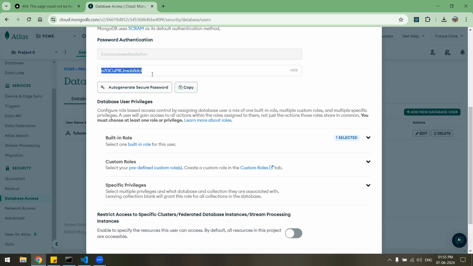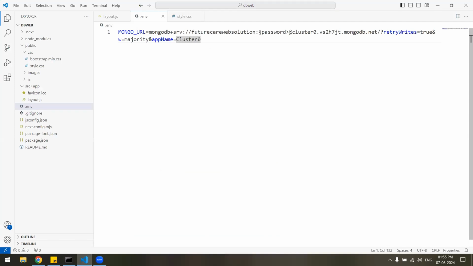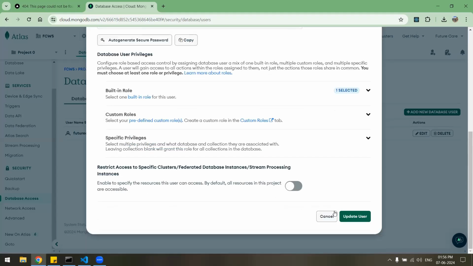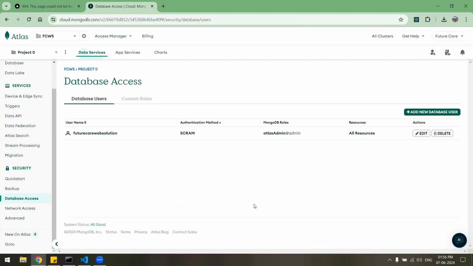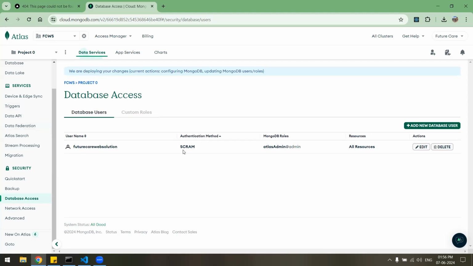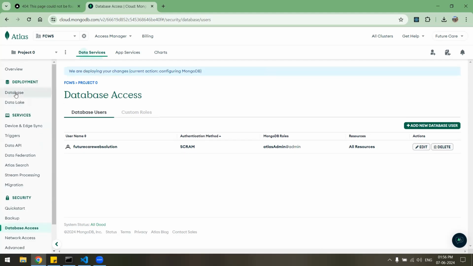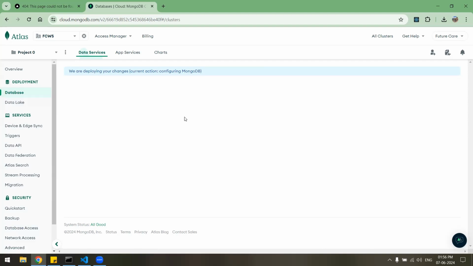So this is the password we are going to use. So instead of this, we will write our password over here, and we'll click update user. So user is updated. Now we'll go to database,